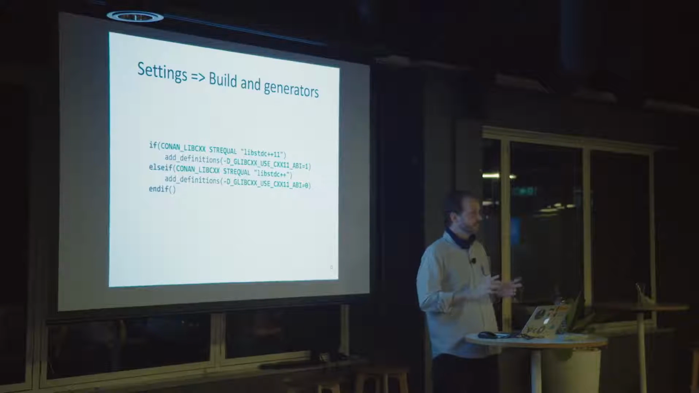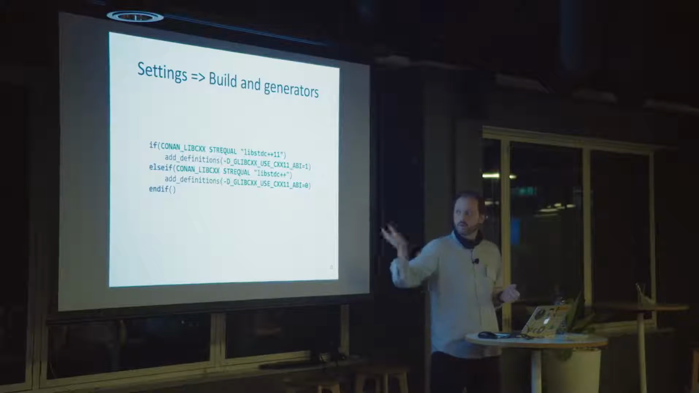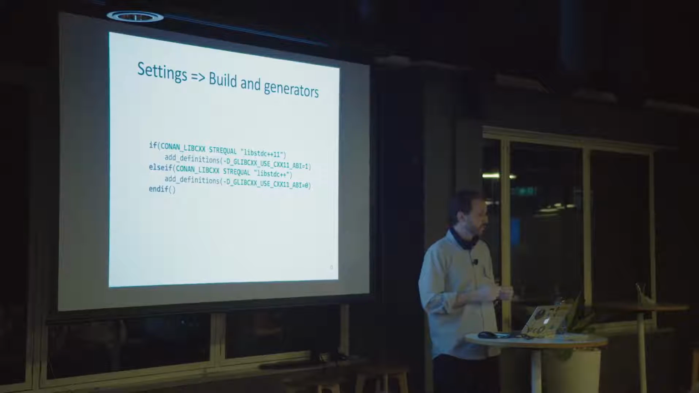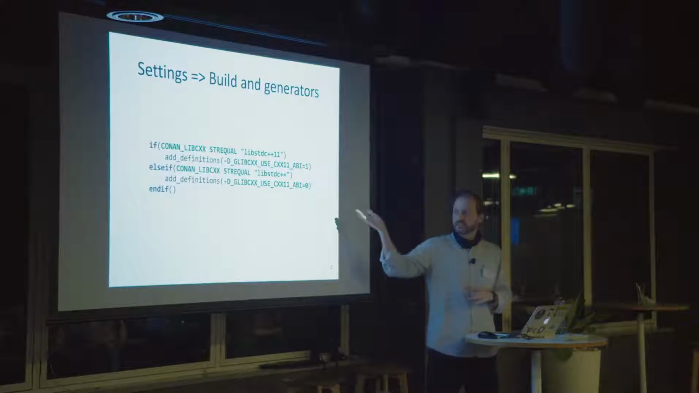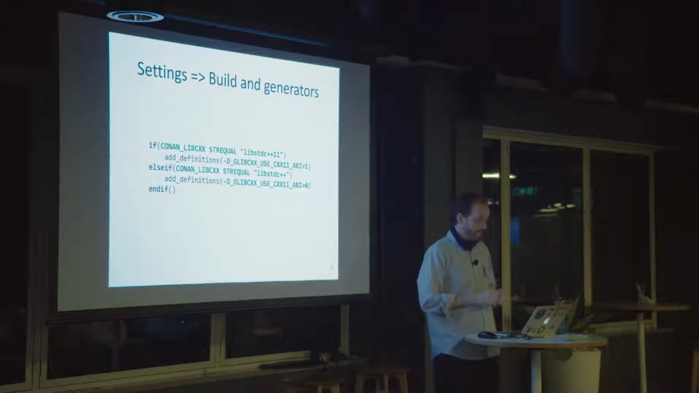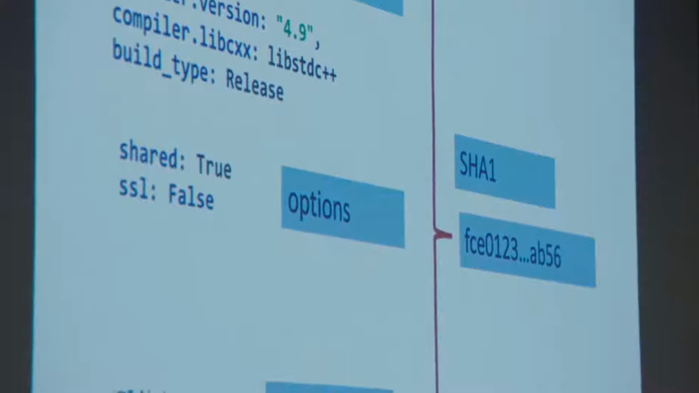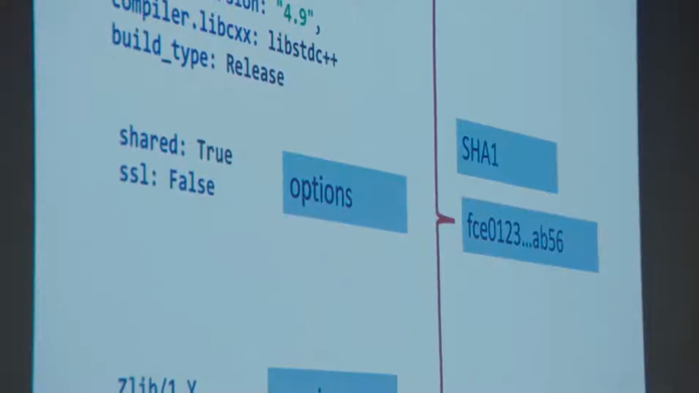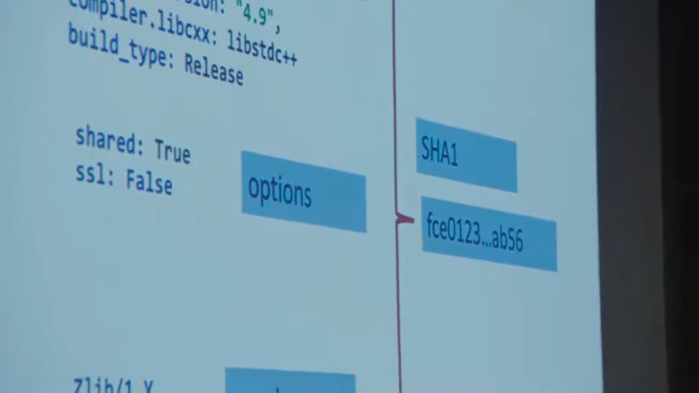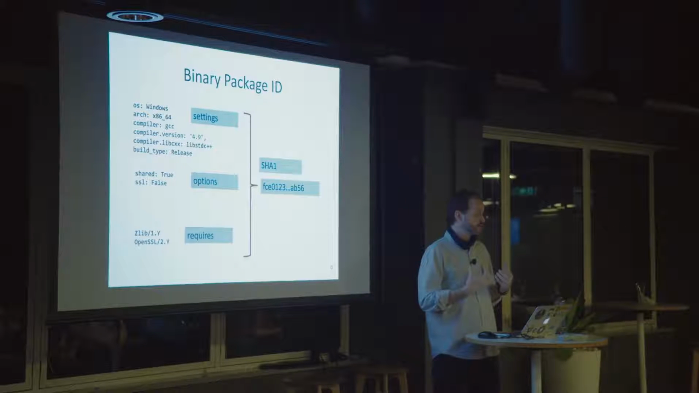These settings, they affect the build. For example, if we are using the CMake generator, we'll have to do something like this to translate the setting to CMake, or in this case, to GCC variables. But the important thing is the settings and the options and also their requirements, because if you require some dependencies, then your binary will also change if you upgrade the dependencies. So all of these things are hashed together, and they define the ID of the